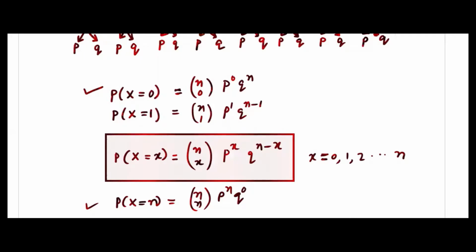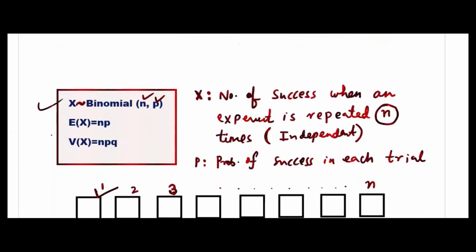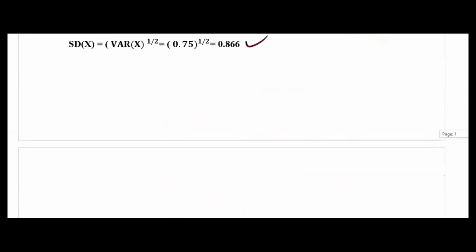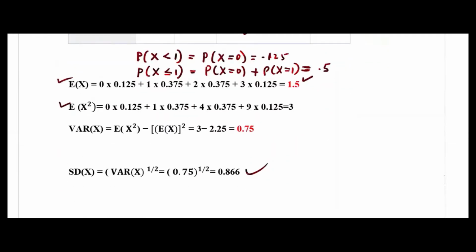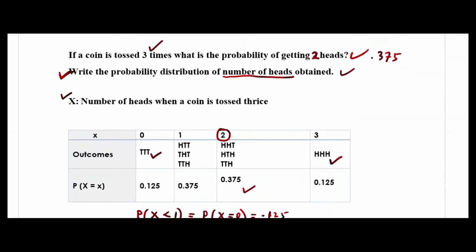These are the probabilities. So this is the general formula you can remember, and we write this way: x follows binomial(n, p), and the expected value of x, E(x), and the variance of x. If you want to verify that, instead of finding it this way, you can use np. Okay, so this problem, we started with this problem.